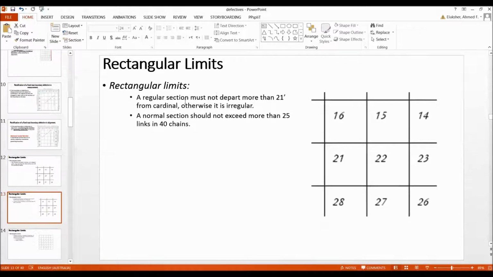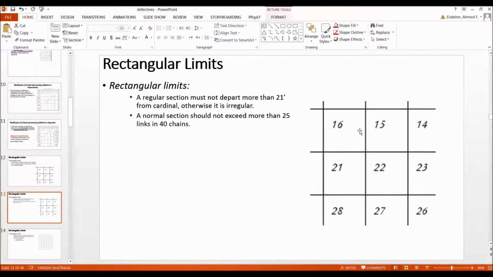Rectangular limits here. A rectangular section must not depart more than 21 minutes from the cardinal direction, otherwise it is irregular. What else? It should not exceed 25 links in 40 chains. So let's pause here for a second. I mean, pause and think about it, not pause and